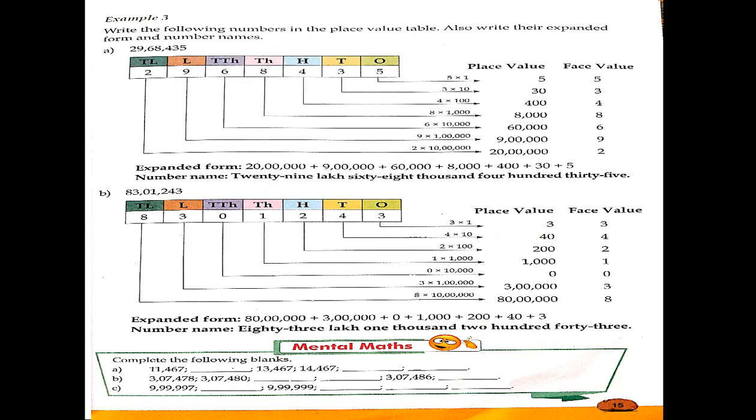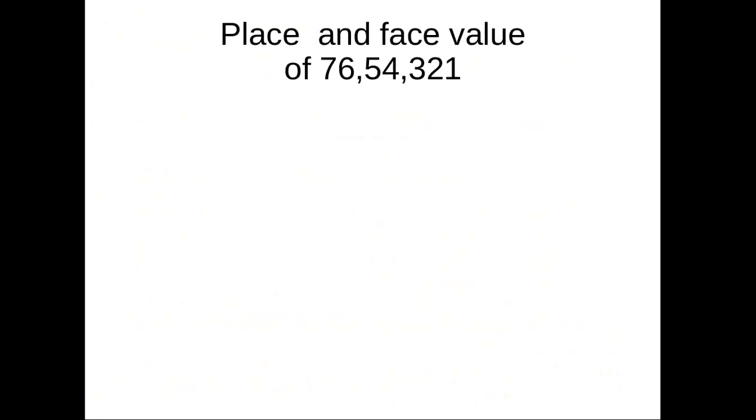Let's see this one step more. In the last lesson we learned about plotting place values up to lakh. Now we will go one step more, that is, we will plot 10 lakh place value here. See, here is given an example. We will do the same here. First we are going to plot the place value and face value of